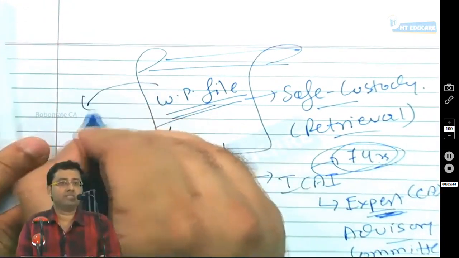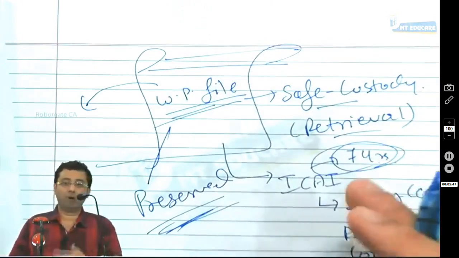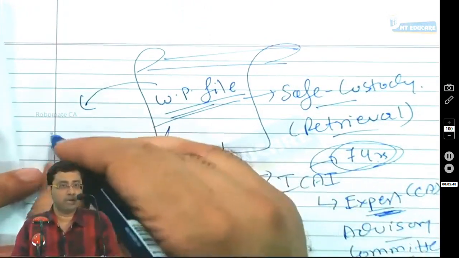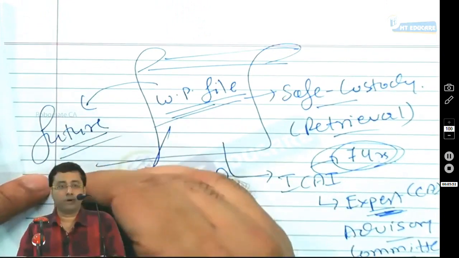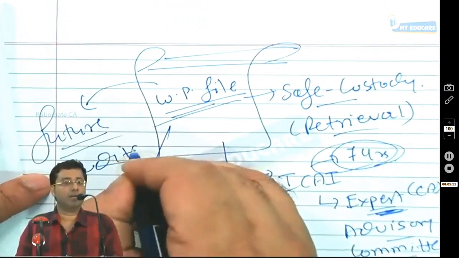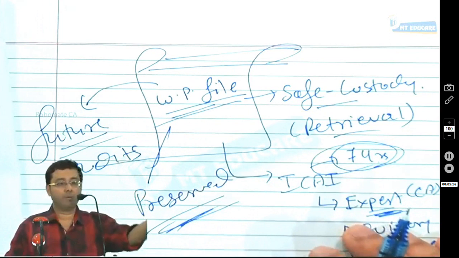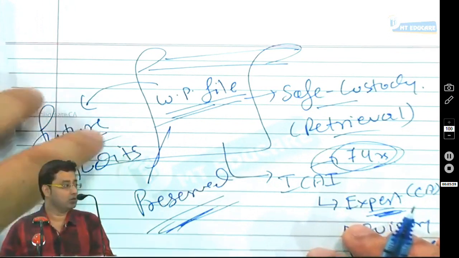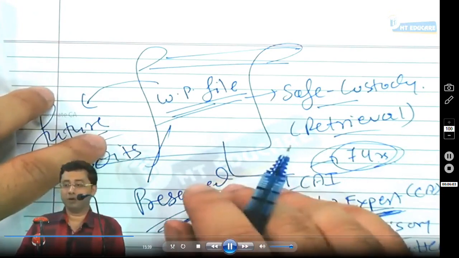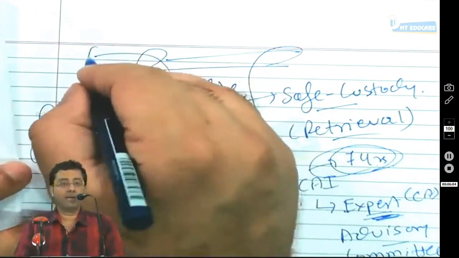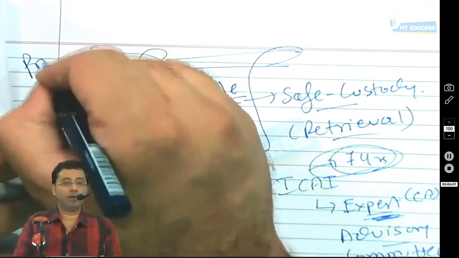Now, when I say you have to keep it for 7 years, I want to justify what is the use of preserving them. You may say, sir, what is the use of preserving working papers? You all know that you may do your audits for your client next year also. So for your future audits, working papers are really going to be helpful. You can make the audit program in a better manner only because you have preserved some working papers. So working papers can help you in planning your future audits. Working papers can justify that you have actually done auditing.